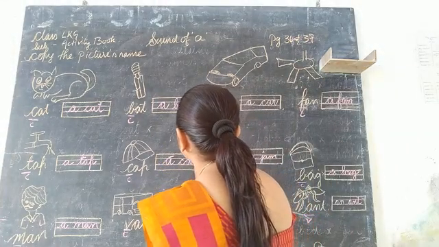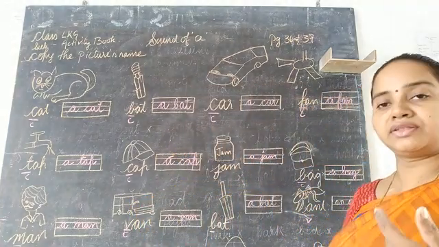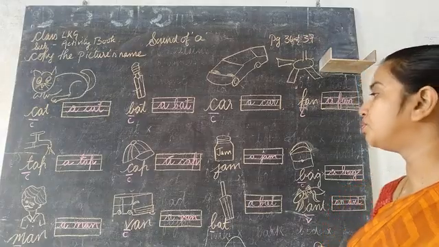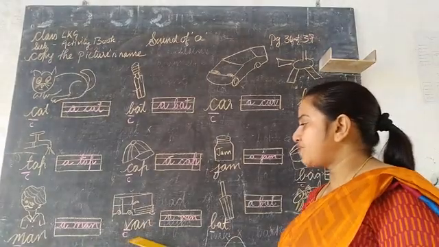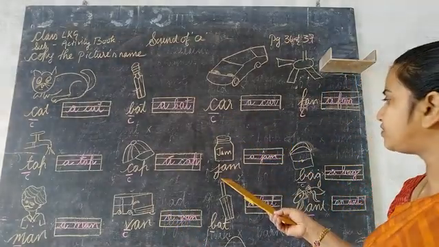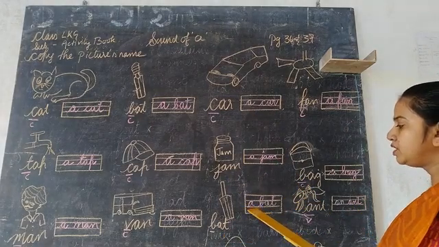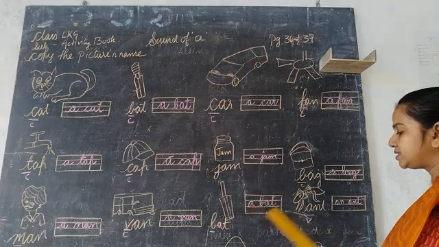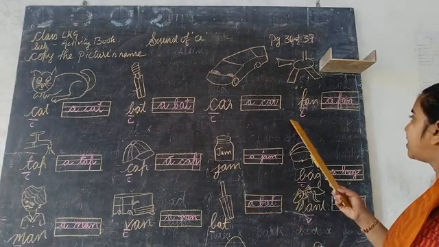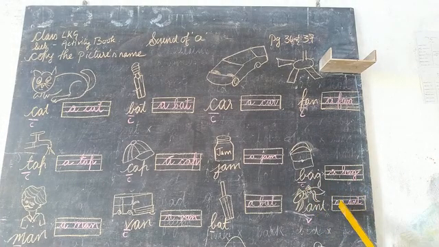I have made a mistake here. So please, if you have made a mistake, rub it out and write down cat. So that is why I am saying, reading and writing should go simultaneously. So van. Then we are having car. This is a picture of a jam. Then a jam. A picture of a bat, which will be spoken as a bat. Hat. A fan. A bag. And because this is a vowel here, A is a vowel, so we are supposed to use what? N. And then a rag.